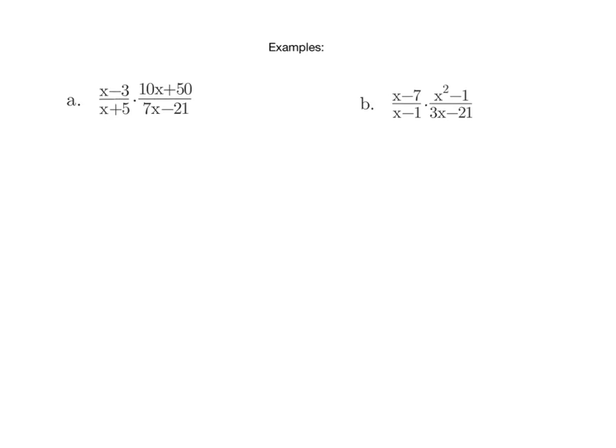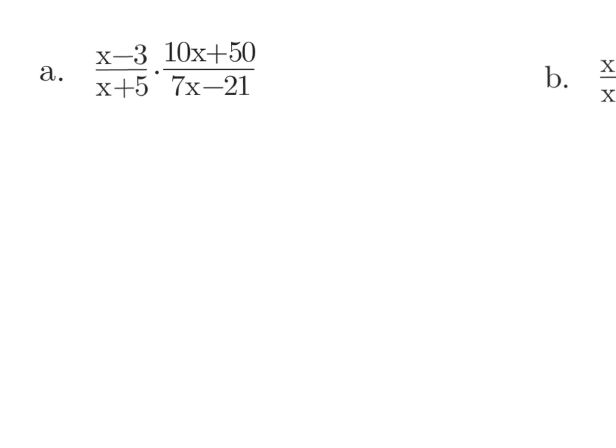All right, so let's go ahead and look at some examples. In our first example, we have x minus 3 over x plus 5 times 10x plus 50 over 7x minus 21. To start off with, my left fraction is going to stay the same. Nothing factors out from x minus 3, and nothing factors out from x plus 5, so those are going to stay the same. In my second fraction on the top,